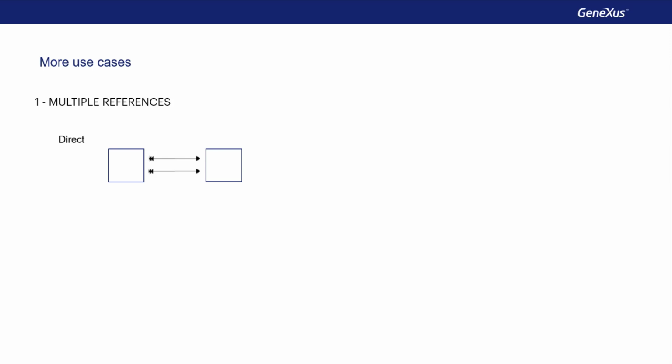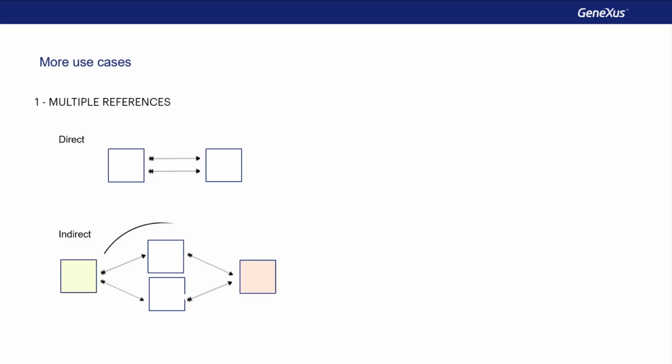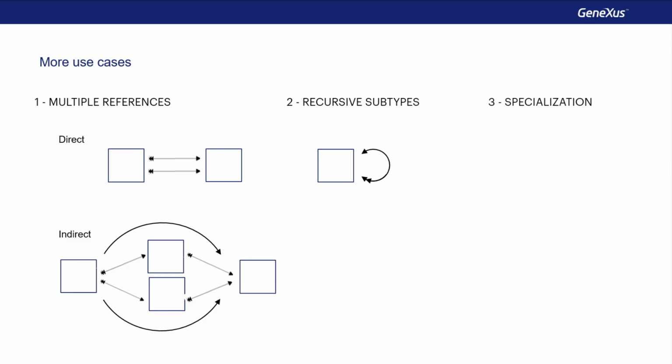There are a lot of other cases in which it's necessary to change an attribute's name in order to avoid a conflict or ambiguity. In this video, we saw the case of multiple references from one table to the other, but these references don't have to be direct. From this table, we have two different paths to get to this other table, so we would need subtypes to differentiate them. We also have the case when an entity must reference itself. For example, an employee transaction in whose information we have to register the employee's boss, who's also an employee.